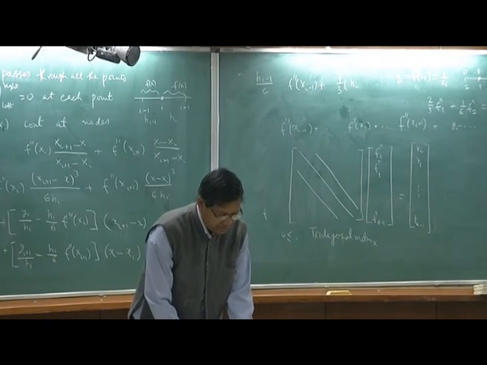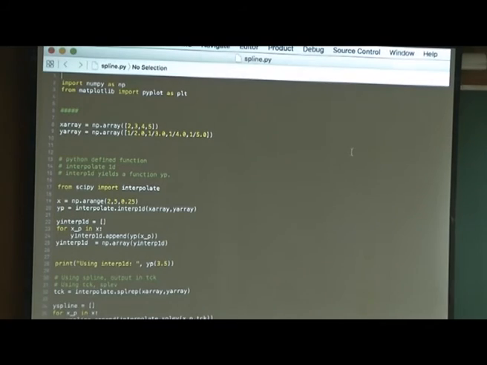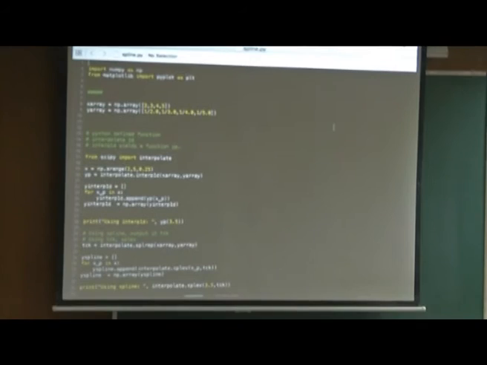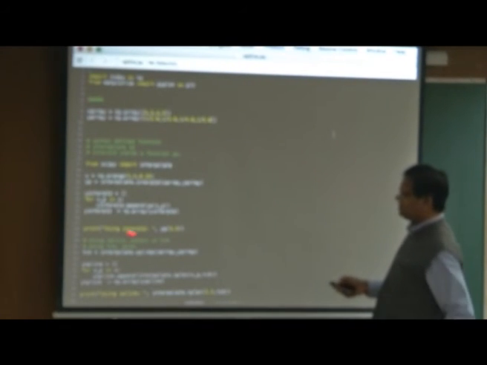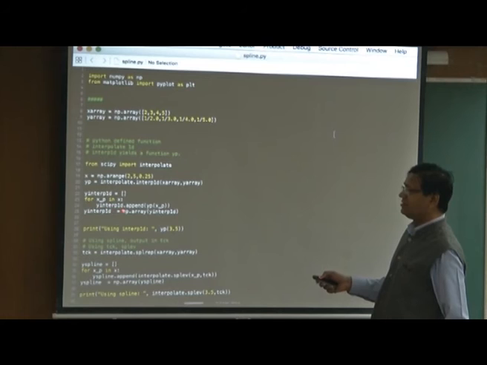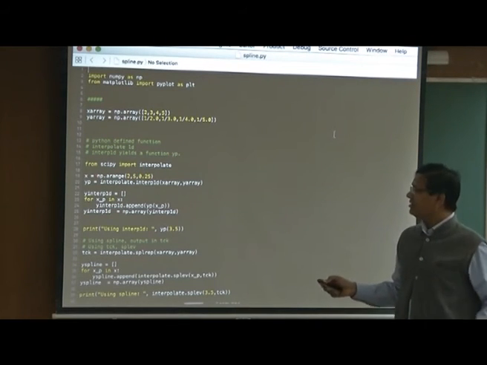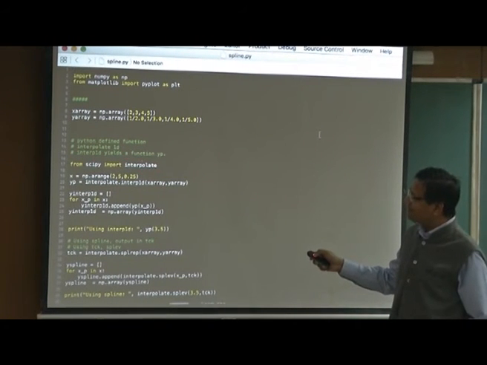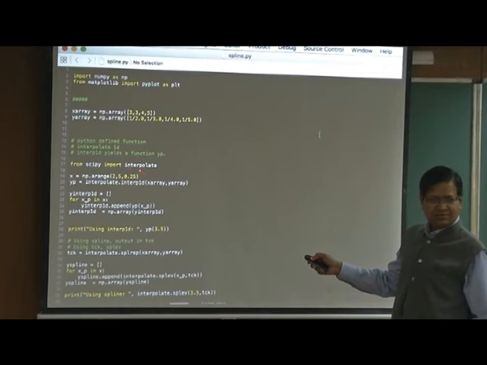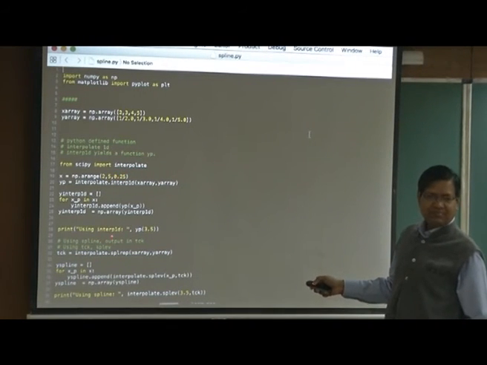So let's quickly look at this, which again looks tiny. You can do 1D interpolation. This is part of SciPy, scientific Python, and within SciPy there is a package called interpolate. And within interpolate we have various functions.